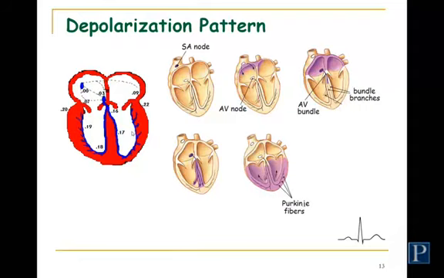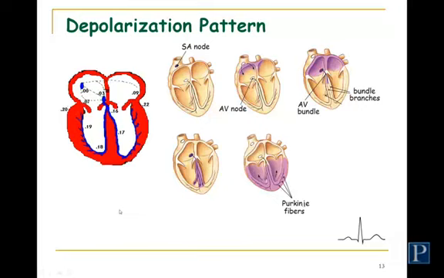So that may become important at a later date if there's a problem with conduction through, say, the bundle branches. If I have some sort of blockage here, the only way I'm going to get that electrical impulse transmitted through the heart will be going from cardiac muscle to cardiac muscle, which is much slower, which we may be able to see by looking at the EKG, and clinically it will be significant. But right now we're just looking at the normal values.